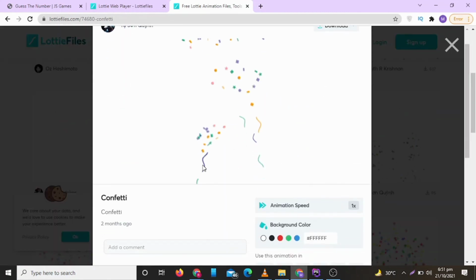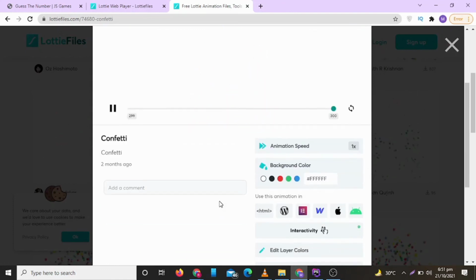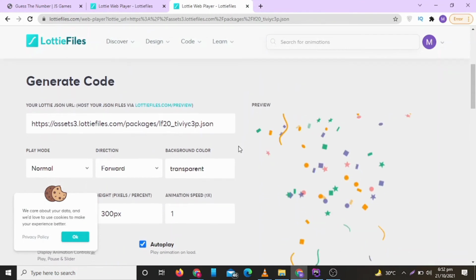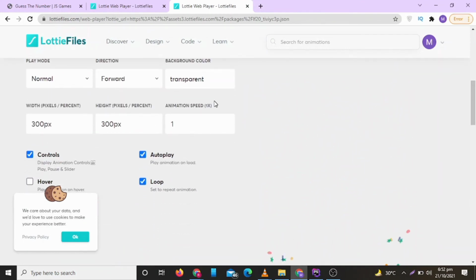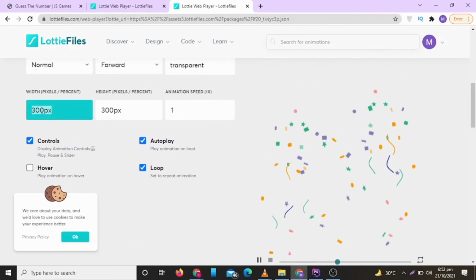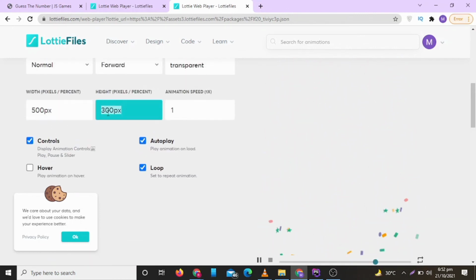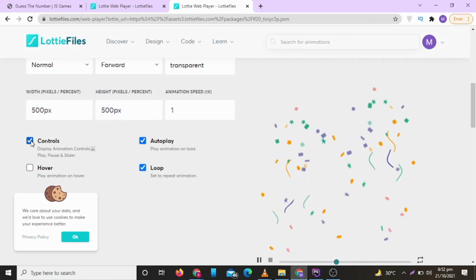So I just need to click on the HTML button and it will open in the editor. Now we can choose the settings we need. So first of all, I will change width and height to 500 pixels. Now I will unselect all options.